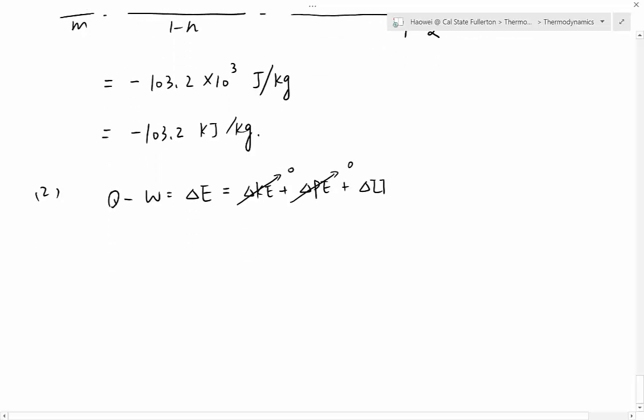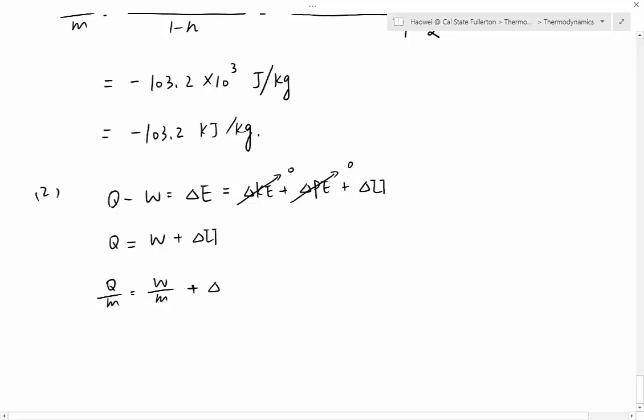So now what we have is Q minus W is equal to delta U. And then again, because we're looking for heat transfer per unit mass, we divide every term by mass. It becomes Q over M equal to W over M plus delta